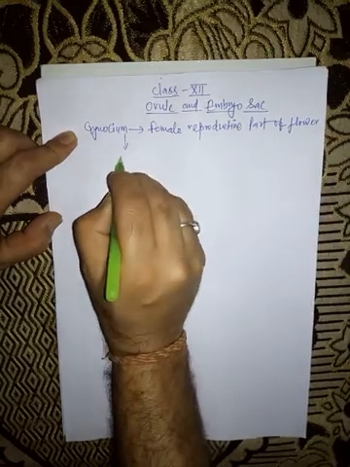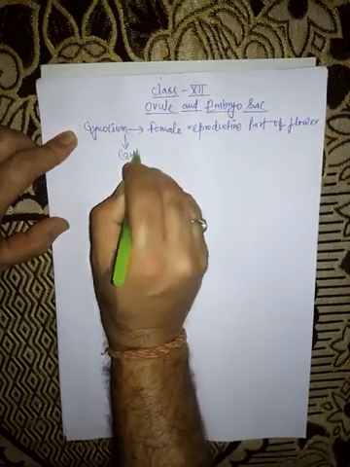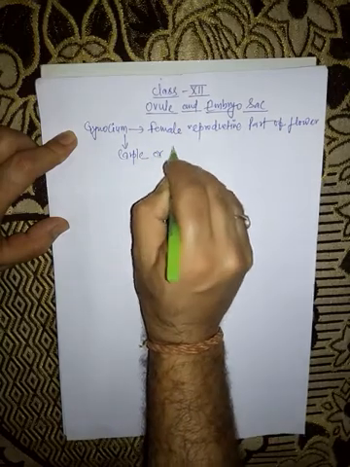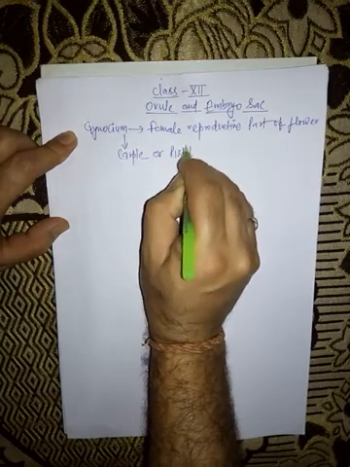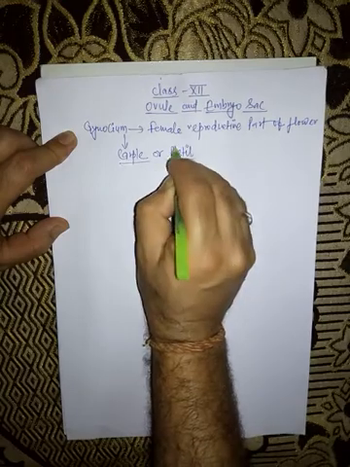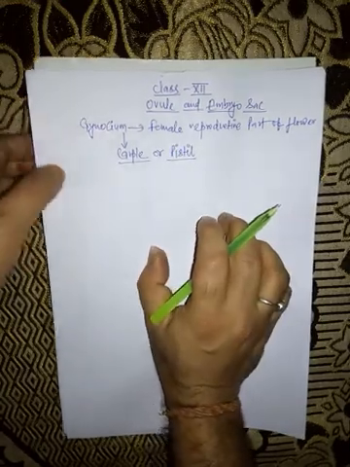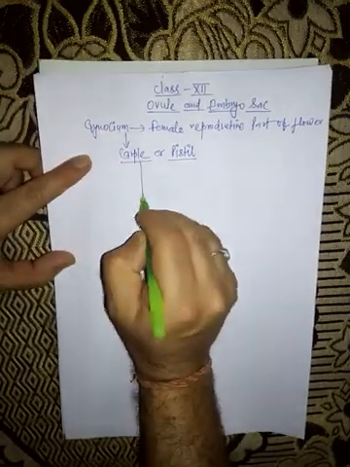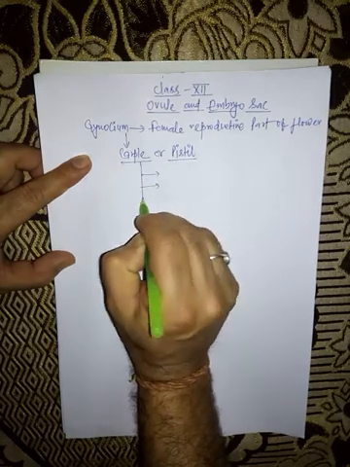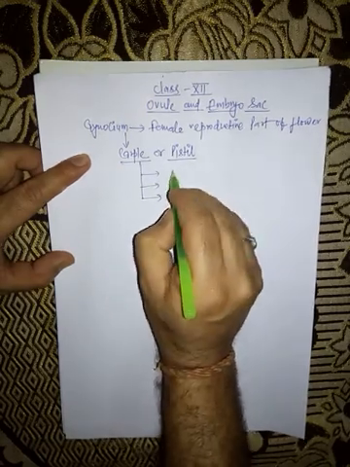Its unit is called carpel or pistil. Carpel or pistil contain three components: